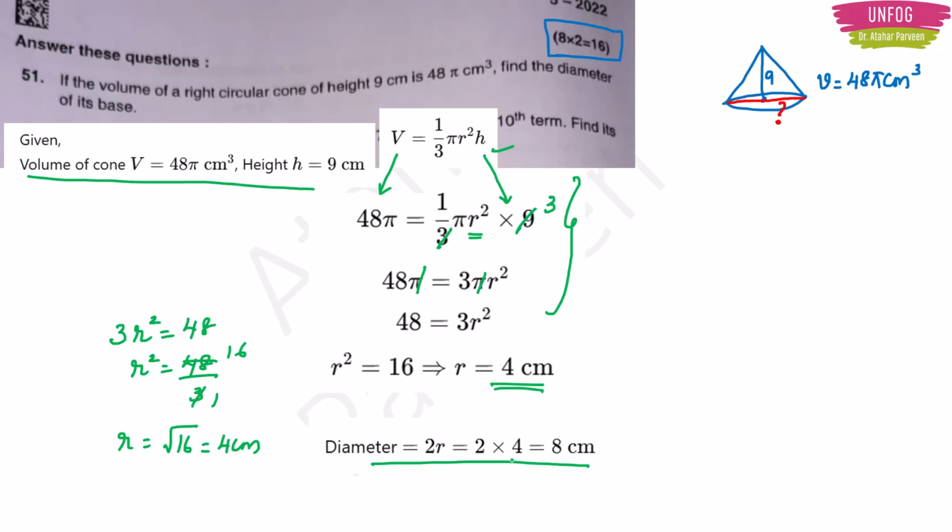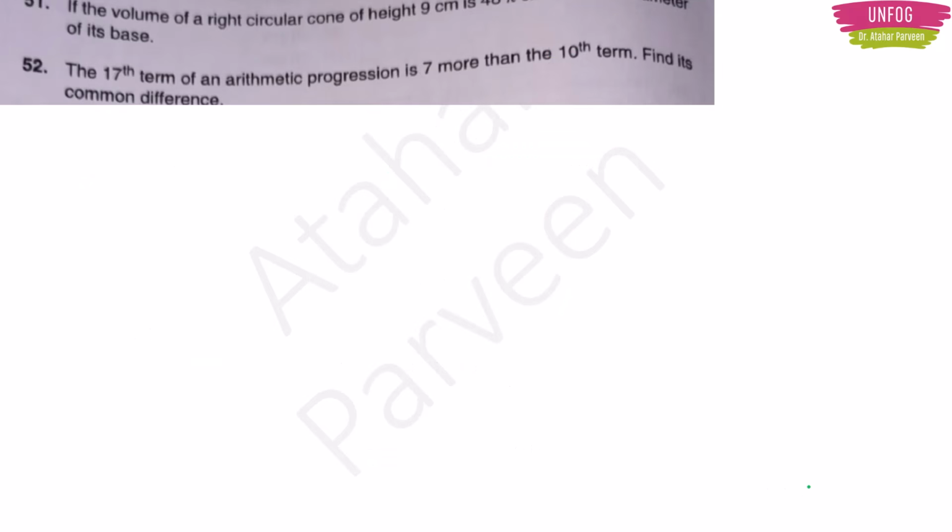So if you have more patience or if you have little time, then you can also write one sentence below. So the diameter of the base of the given cone is equal to 8 centimeter. Writing this line in the end is not very important. It's well and good if you can write, but if you don't write also, there is not much big deal, because that time you are consuming in solving the next problem. Okay, clear, right? Next, question number 52.